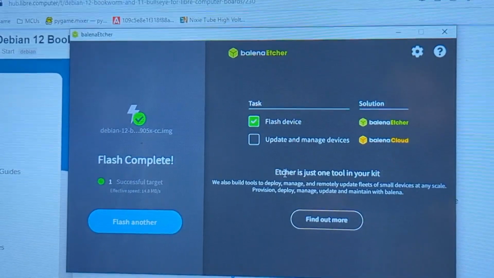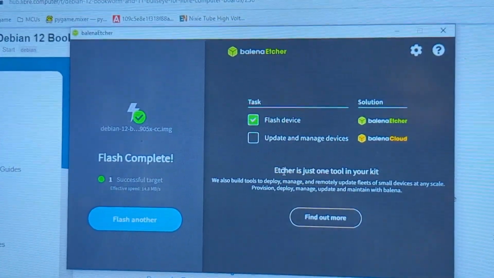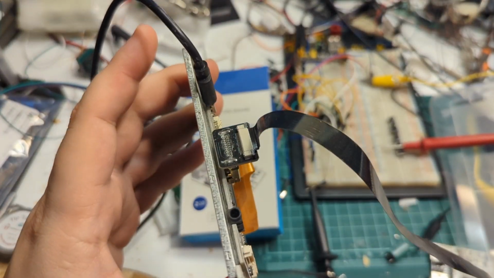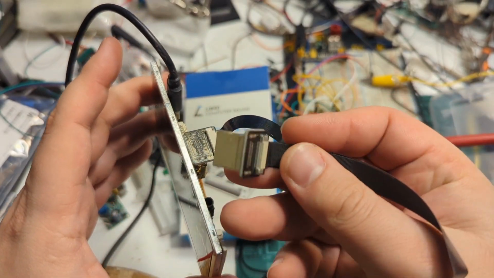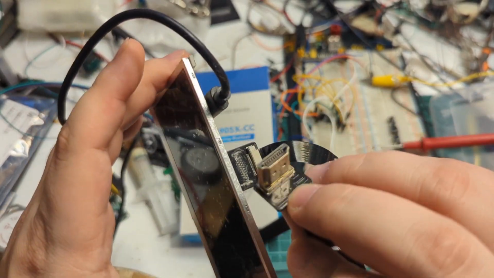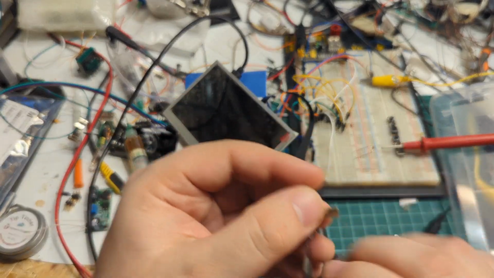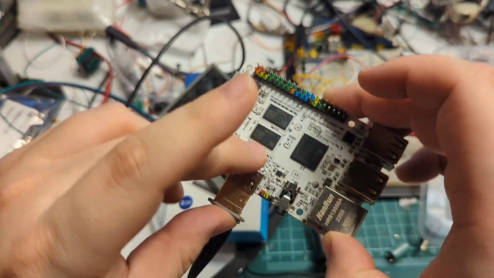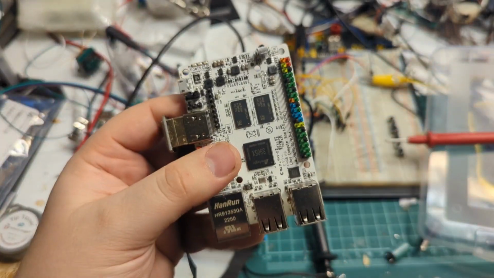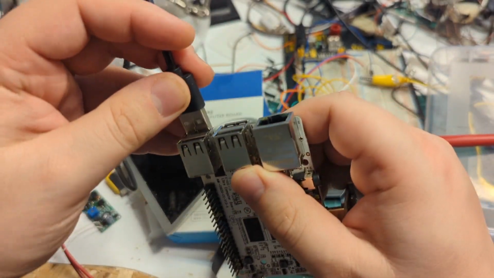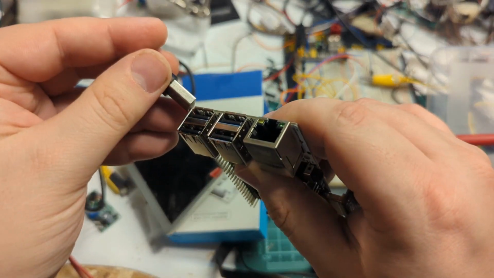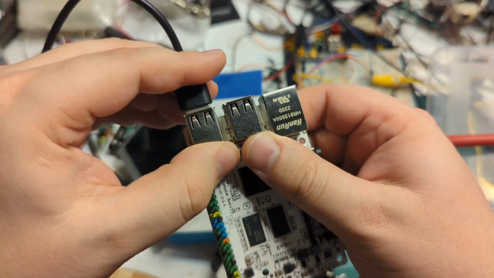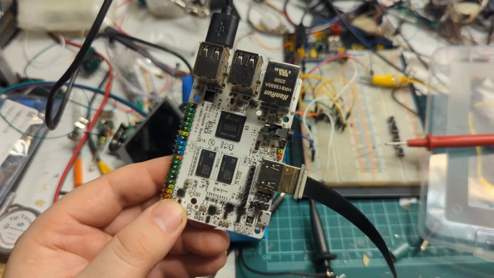Alrighty, there we go. Just finished burning it on the SD card. The display comes with this really cool modular ribbon HDMI cable. I really like to use these for this kind of project, so it should be fairly straightforward. For the time being, we're going to be powering the display using the USB port, but I'd like to move it to a dedicated power source.